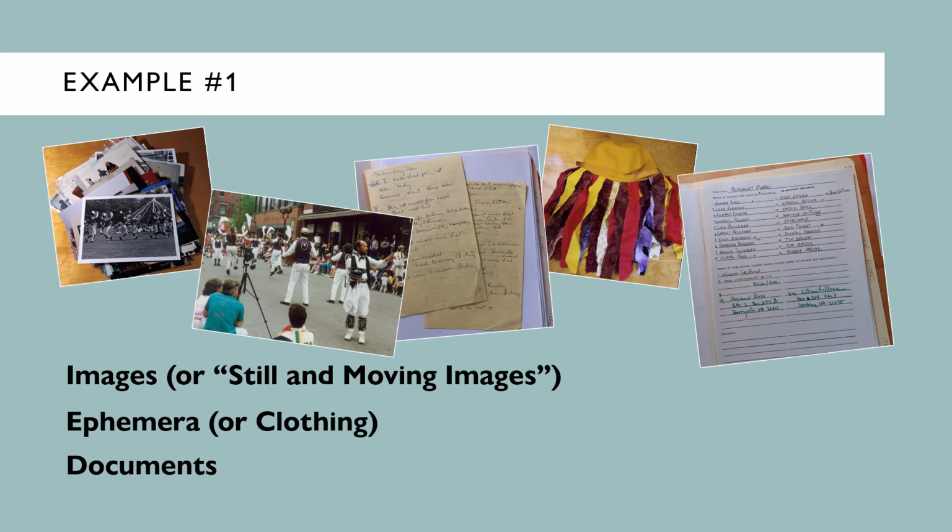Should you separate them into two categories of annual meeting notes and other documents? That's up to you. If there is a lot of material in each group, then it might make sense to divide them up. If not, they're probably best left as one category. So the upshot is, this collection could have 3 categories: images, ephemera, and documents, or it could have 4 categories: